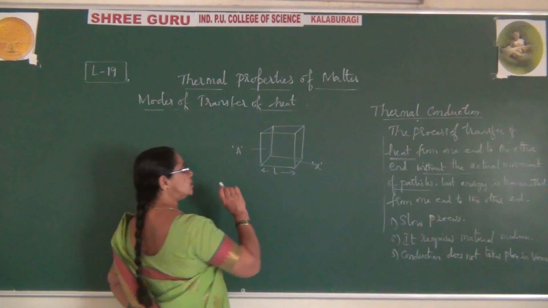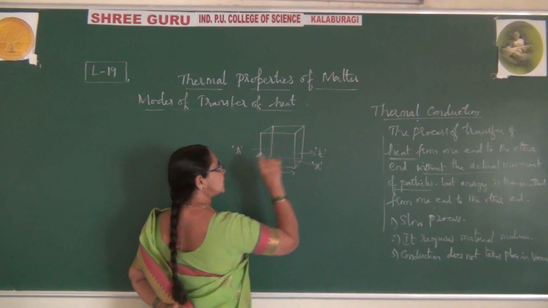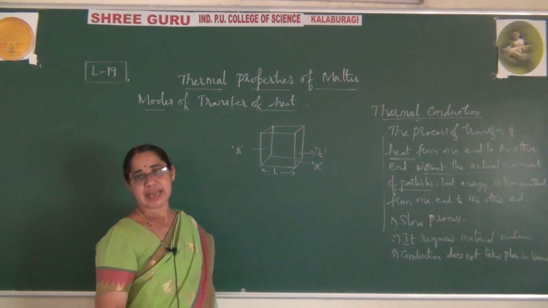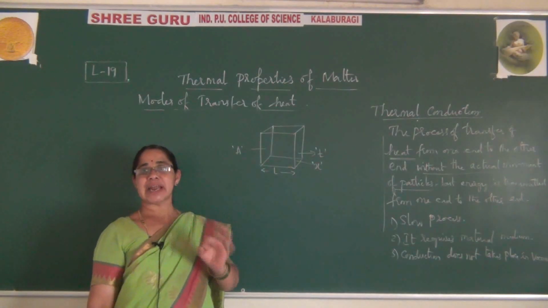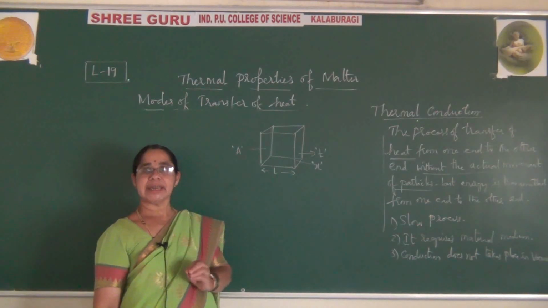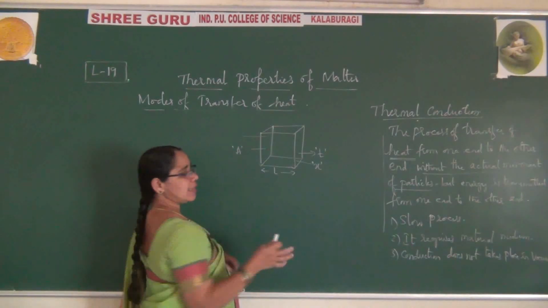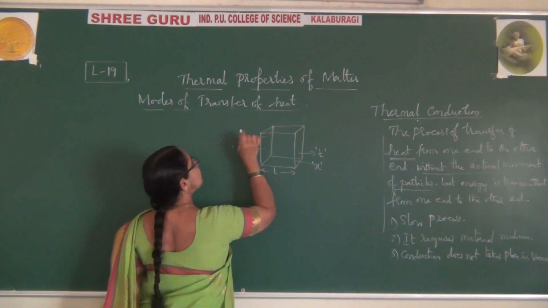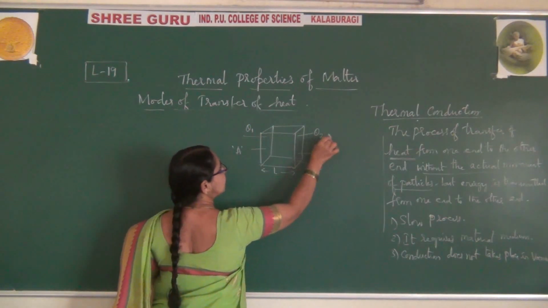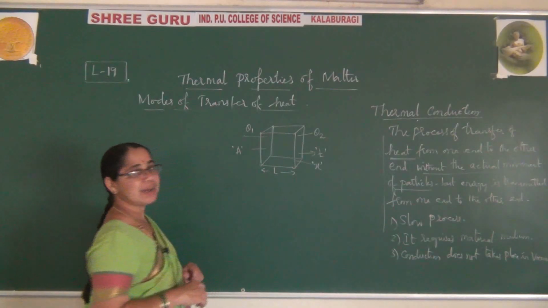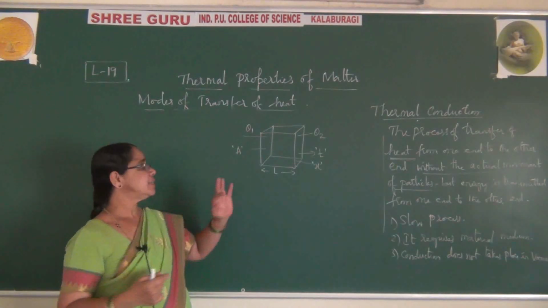At the same time I am supplying heat for some time interval. Let me say the time is t seconds. I am supplying heat for 10 minutes, 50 minutes, 20 minutes, like this. So let me say the time taken by the slab to get heated is t seconds. Now, let me set one end, whichever end you select, as the first phase. For your reference, I say this is theta 1. At this end, it is theta 2. Theta 1 is at one phase, and theta 2 is exactly the opposite phase.